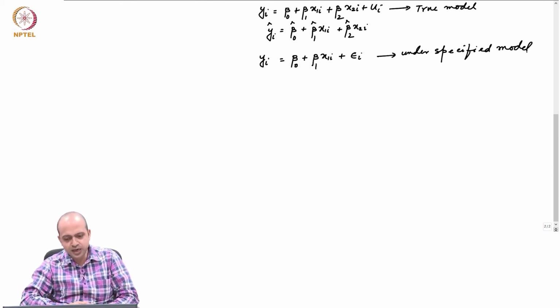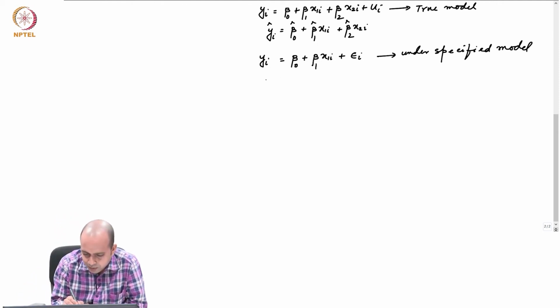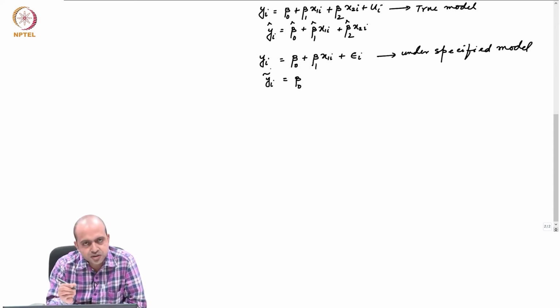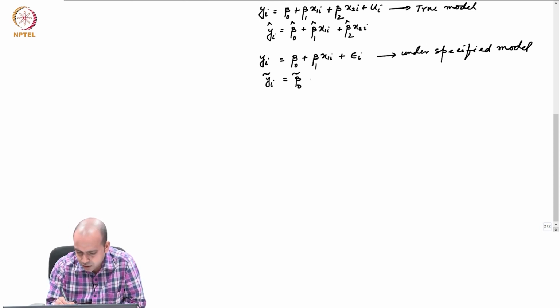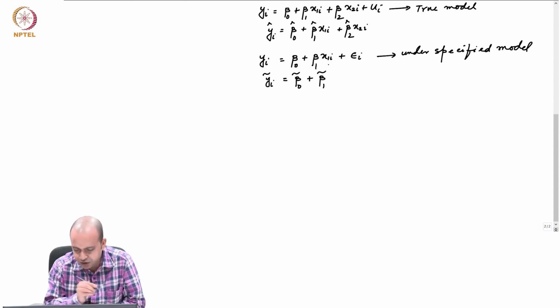So, because of that you might have omitted this variable and estimated this type of model, y_i equals beta 0 tilde. Instead of hat we will use a different notation, tilde, since this model is under specified. The estimate from the under specified model is denoted by tilde, plus beta 1 tilde